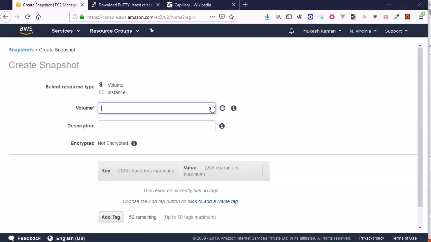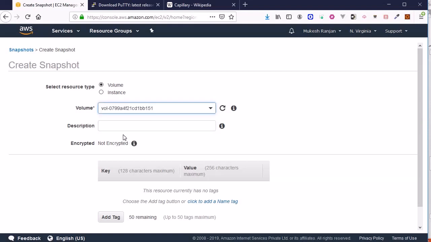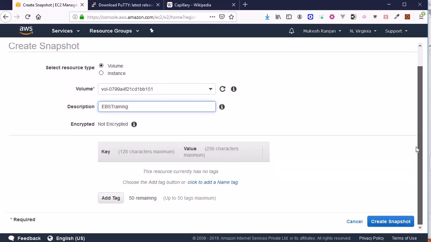Here we will get an option to select the volume, and we are getting the volume over here. You need to select it and provide the description. Our root volume is not encrypted, which is the reason you are getting the option as not encrypted. So it will go as is. If it is encrypted, then you will get the encrypted option enabled over here. Right now our root volume is not encrypted. Once you have provided the details,